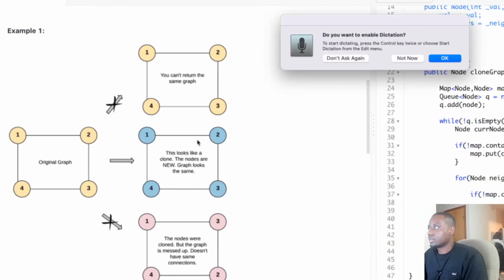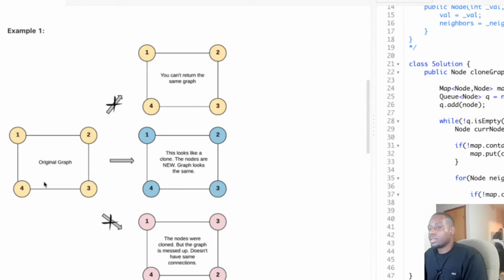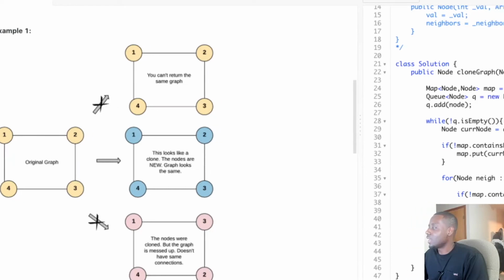And then, guys, after we do that, we have to create that connection between 1 and 2, because we just created a copy for 2. But they're not connected yet. So that's why we need to add this line, which creates the connection from 1 to 2. So we get